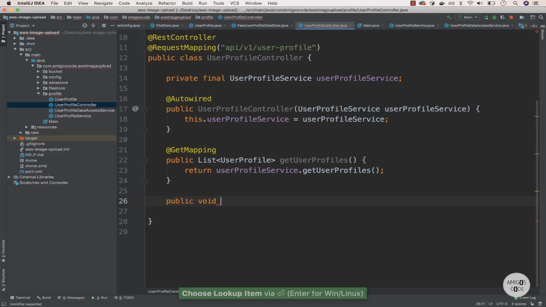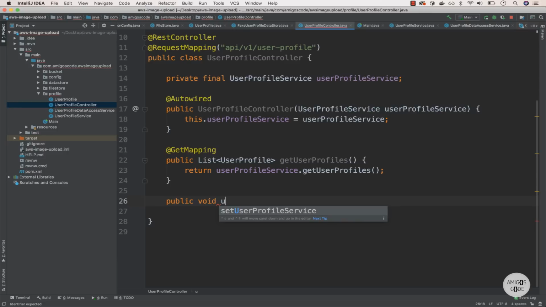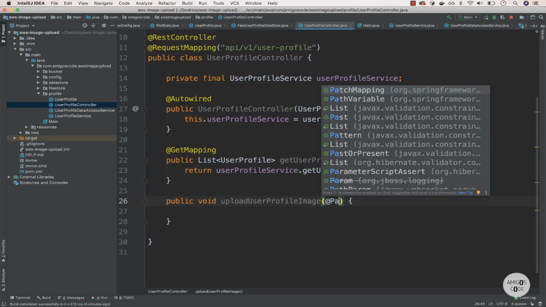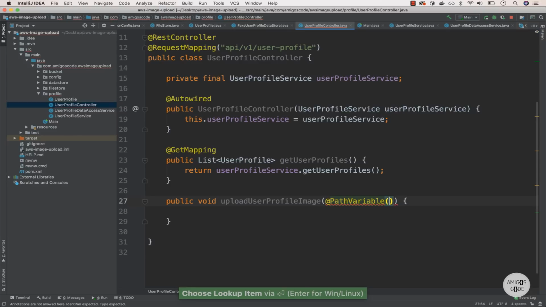And right here, let's name this upload user profile image, and let me add some curly brackets there. What we're going to take from the client are two things. One, we want to take the path variable, so at PathVariable, and this will be the actual